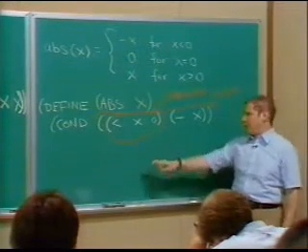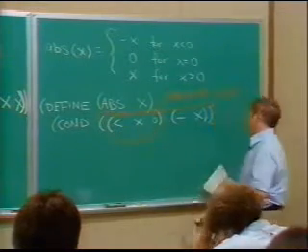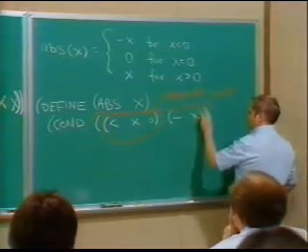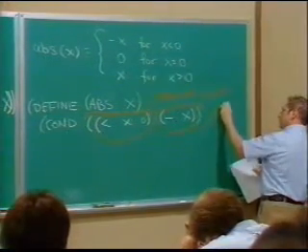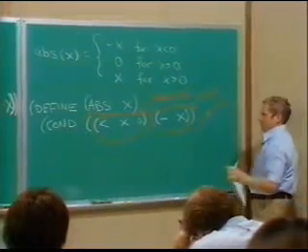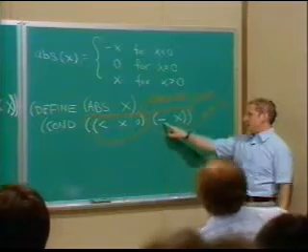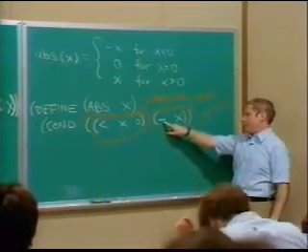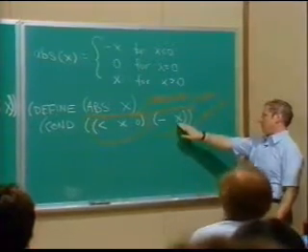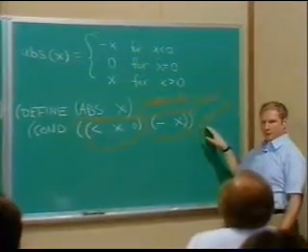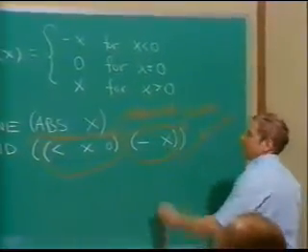And you see Lisp has a primitive procedure less than that tests whether something's true or false. And the other part of a clause is an action, or a thing to do, in the case where that's true. And here what I'm doing is negating x. The negation operator, well, the minus sign in Lisp is a little bit funny. If there are two or more arguments, if there's two arguments, it subtracts the second one from the first. We saw that. And if there's one argument, it negates it. All right, so this corresponds to that.